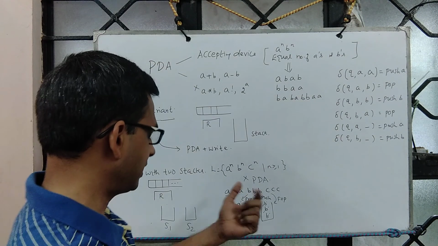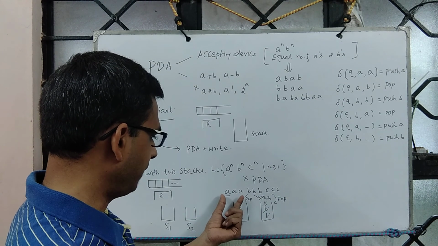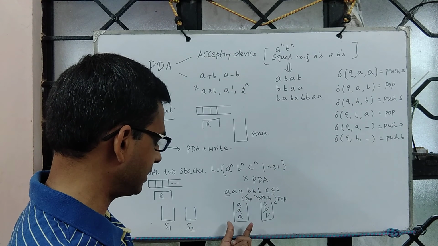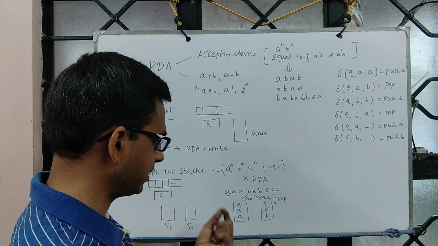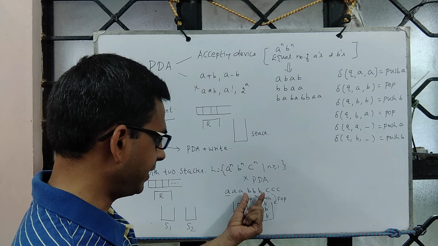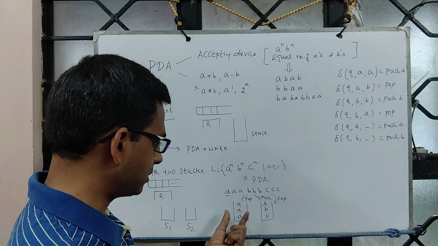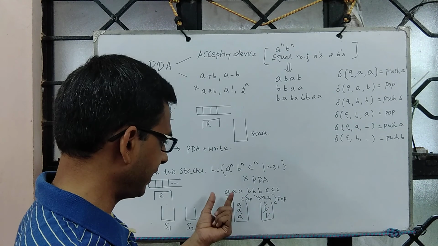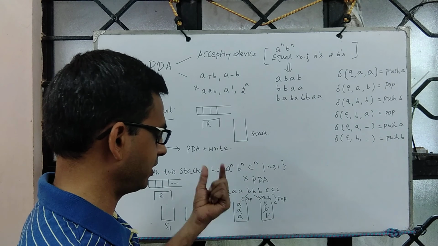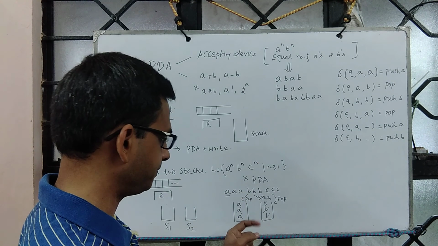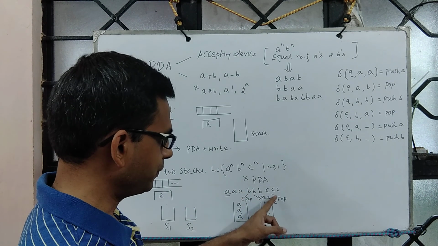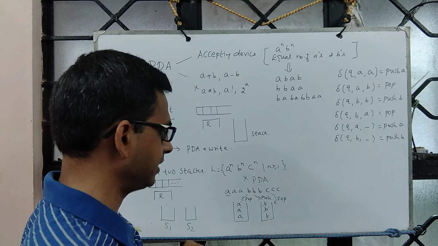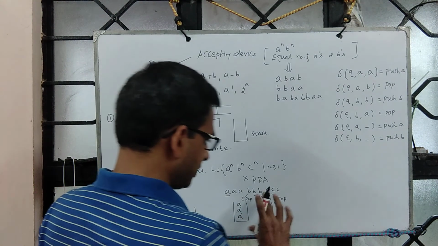And in fact, this can be generalized. What did we do? A power n, B power n, C power n. For A power n, use the first stack to push all A's onto the stack. When you start reading B, you do 2 things. You pop A's out and push all B's inside, so that I remember this count, n number of A's, n number of B's, and so on. Subsequently, when you start seeing C, you start taking B's out. Now this can be generalized.